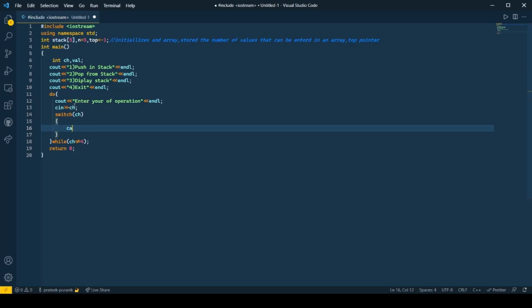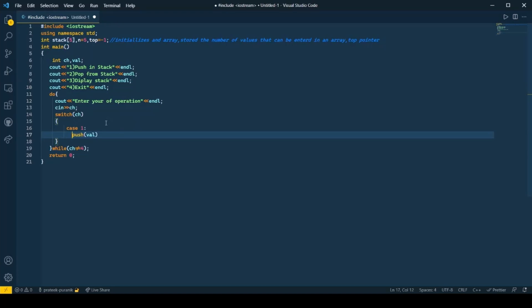And the first case, case 1, would be to perform the push operation. So let's call the push function which we are going to implement after this. Before calling the push function, we also need to accept a value which needs to be pushed, right? So before executing the push function, let's accept a value. So cout, enter a value.